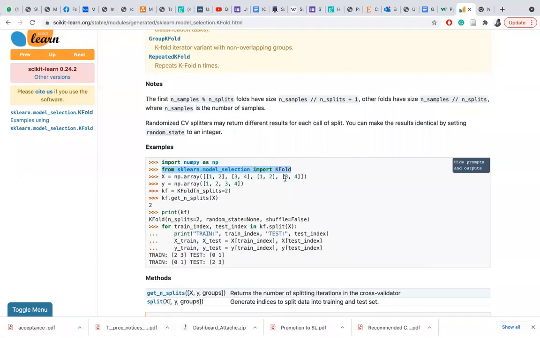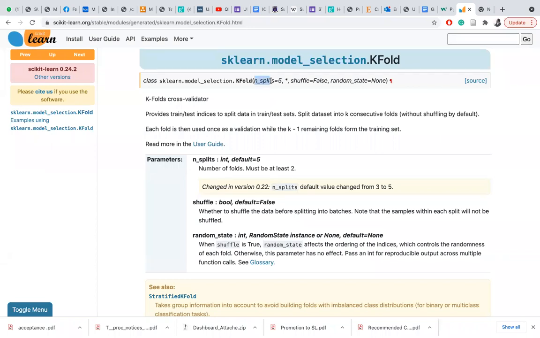So let me go back to this side and I'll show you something. Here, you see n_splits. Here, they are splitting the data into 5. Then the shuffle, we don't need to do shuffling of the data. Of course, you can define it as true. And this is not compulsory, but this one is compulsory, the number of splits, because you are doing K-fold. Then the random state is also not compulsory. I can decide to say that the random state, you shouldn't randomize it before selecting the data. I can also say that you should randomize it to 3 or 4. So I can choose not to bring any of this, the shuffle and then the random state, but just the splits. Okay, so let me take this